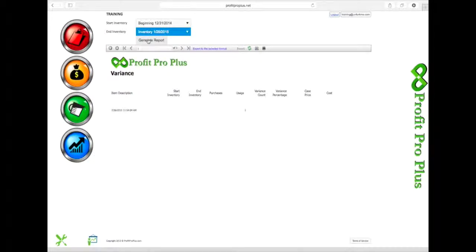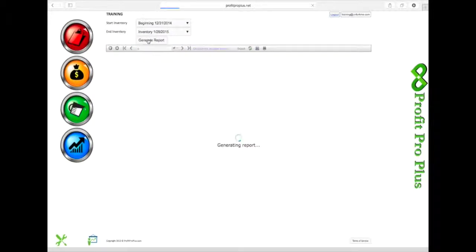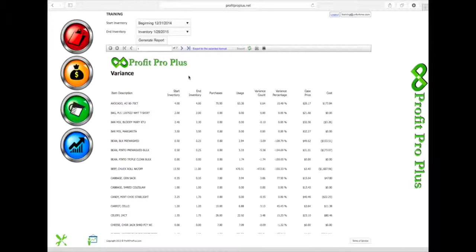We'll simply generate the report by clicking the button, and here is all of that data. So to run through it really quick, if you look at our avocados, we began with an inventory value of 4 cases on hand, and we ended conveniently with 4 cases on hand. Based on our invoices that have been auto-loaded into the system, we purchased 70 cases of avocados over this 4-week